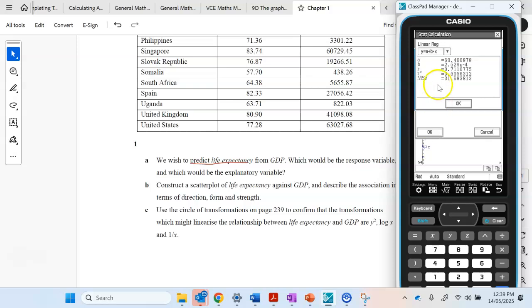Okay, and your R value will interpret that for you. So 0.7 is moderate. So even though we don't,